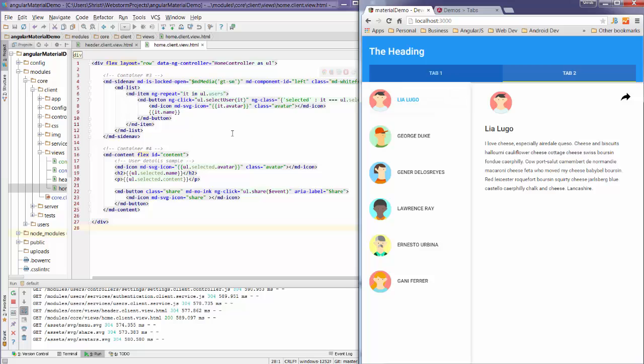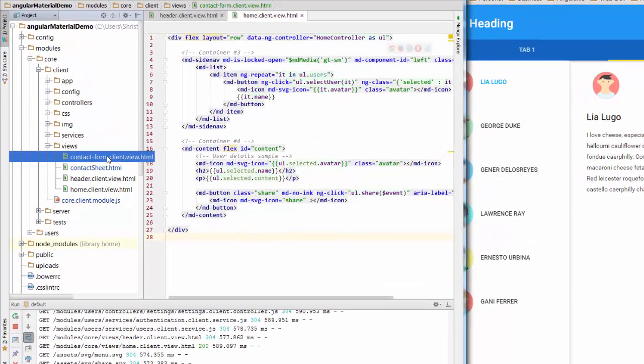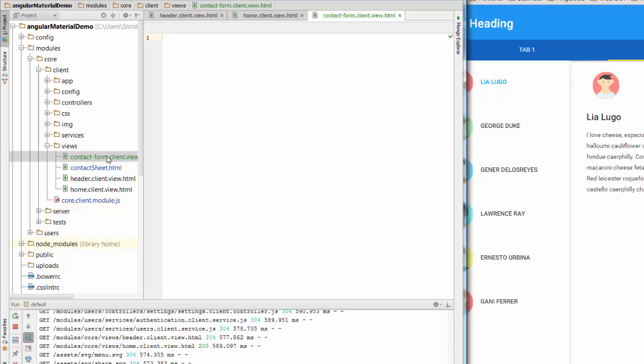So what I've done is, just under my views, I've already added a new HTML file, and called it contact form. You can call it whatever you like. It won't have an impact on the code as long as the code within it is the same as what I've got.